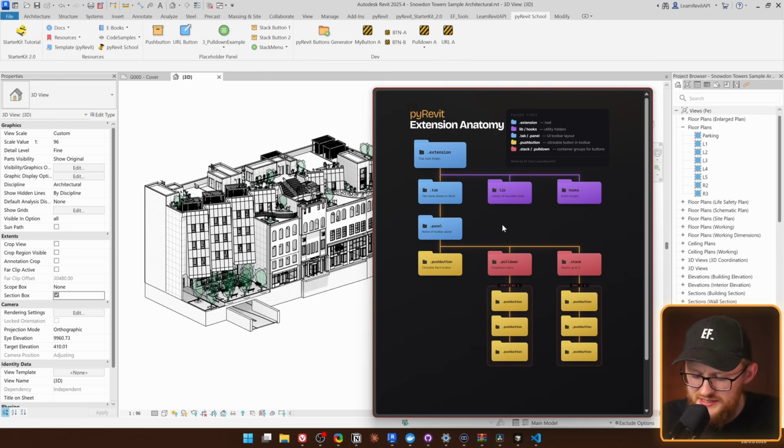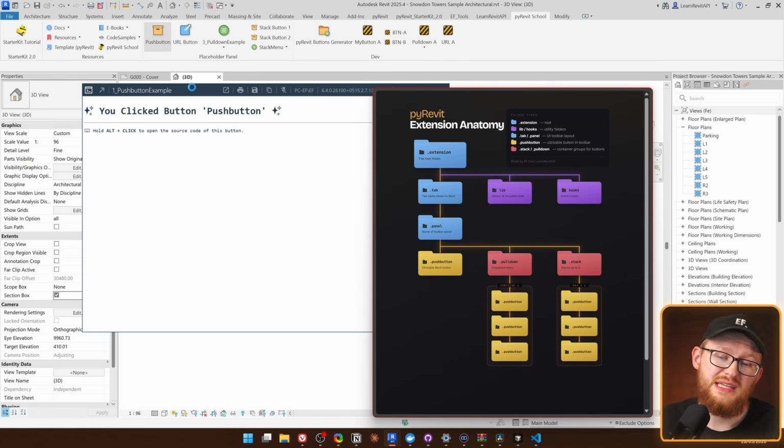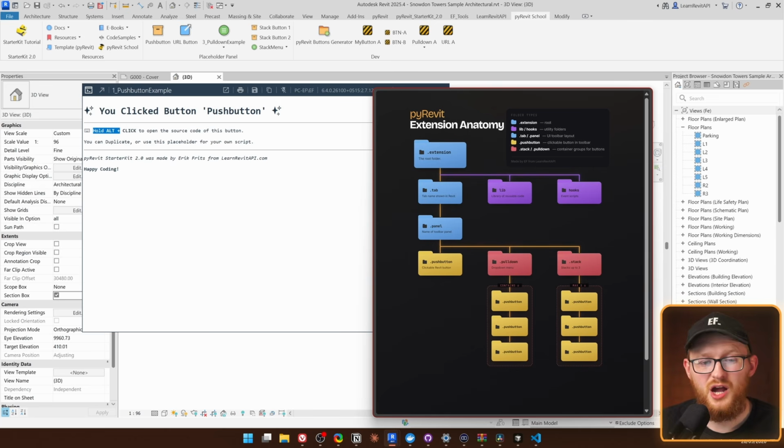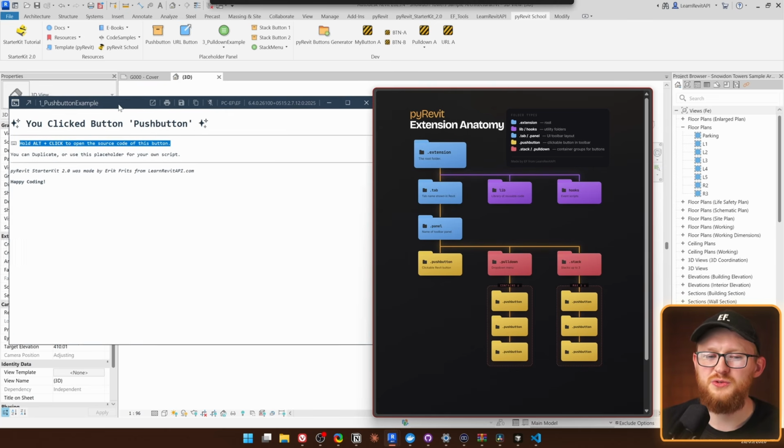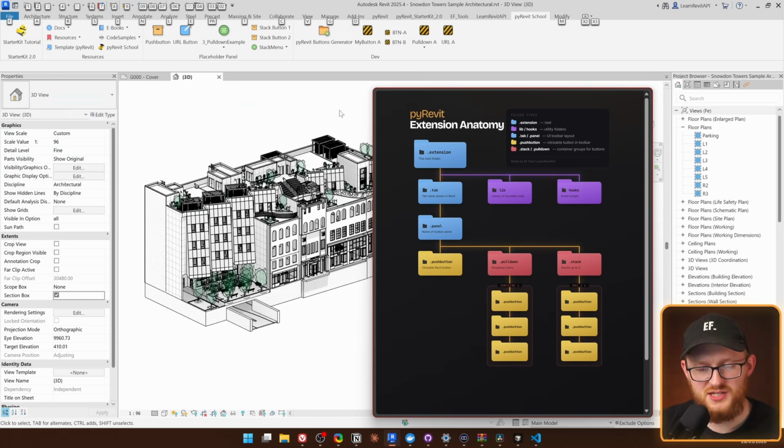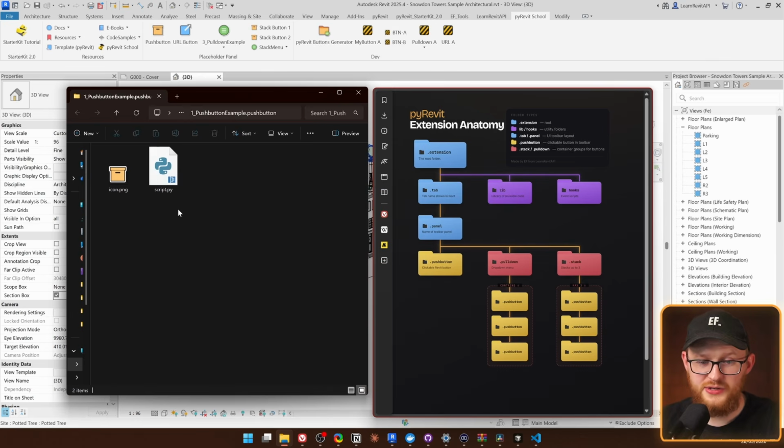And listen, it's super easy to understand because of this. In the StarterKit, when you click on buttons, you're going to get this default message. And notice that: hold Alt-click to open the source code of this button. This is a super useful feature inside of pyRevit. So let's hold Alt and click on this push button. It's going to open the folder where it's located, and you will see a